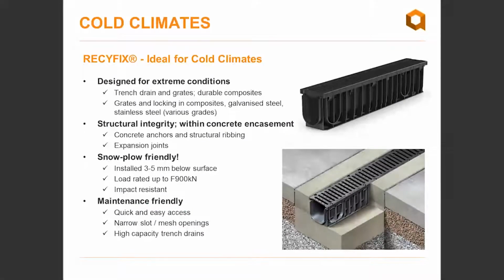It's designed for extreme conditions, so the components are very durable, composite, and also galvanized steel, stainless steel, depending on the system. Structural integrity: the channel ribs ensure anchoring to concrete that prevents the channel from being pulled away from the concrete with freeze-and-thaw cycles. Also, snowplow: the systems are compatible with heavy snowplow equipment, so it must be installed, of course, 3 to 5 millimeters below the adjacent surface, and then you have no problem with the